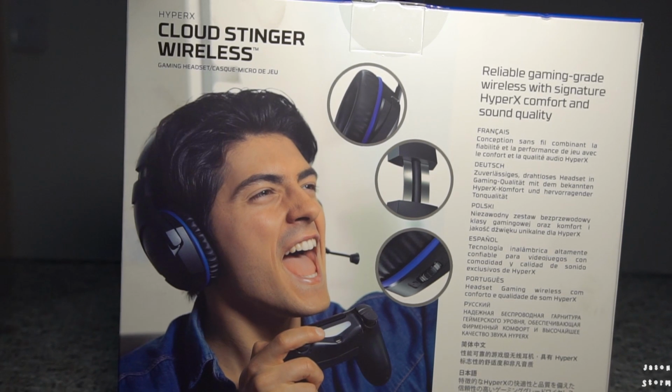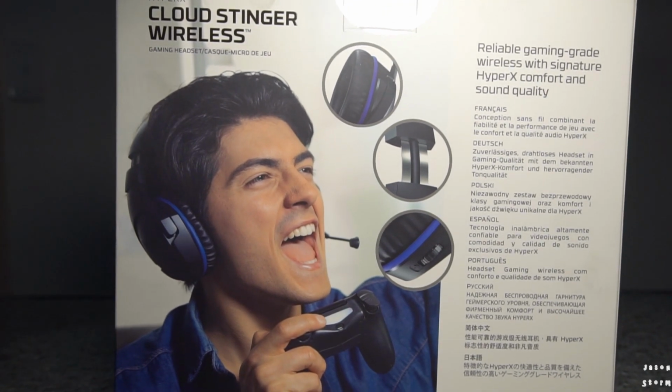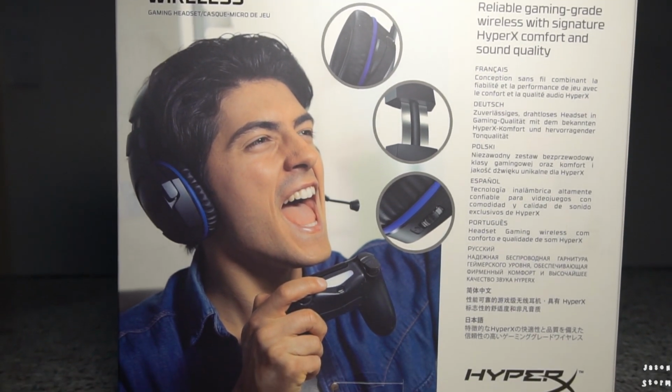So this video is probably going to be split up a bit. Here we have a microphone. Slide that down. Seems pretty bendy, pretty movable. That'll be comfortable enough. On these, we have the micro USB, the power button, and a little LED light here that, according to the instructions here,